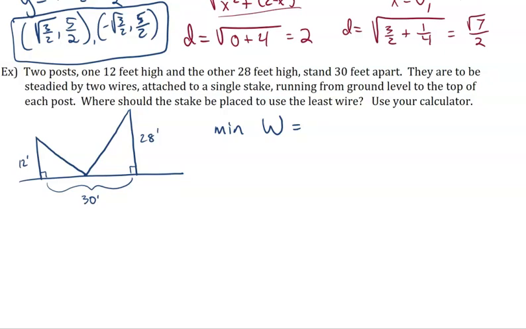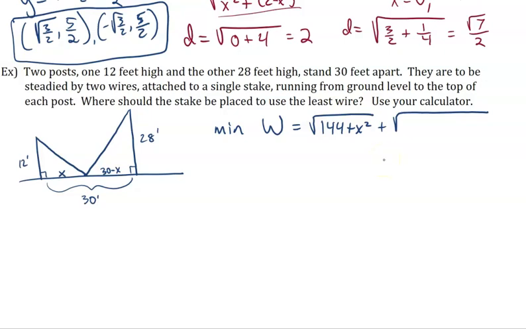I don't know this distance. That's what I'm trying to solve for. So let's call this one x and let's call this 30 minus x. Then this amount of wire here, from the Pythagorean theorem, is going to be the square root of 144 plus x squared. And this hypotenuse here, also from the Pythagorean theorem, is going to be the square root of 28 squared, which is,